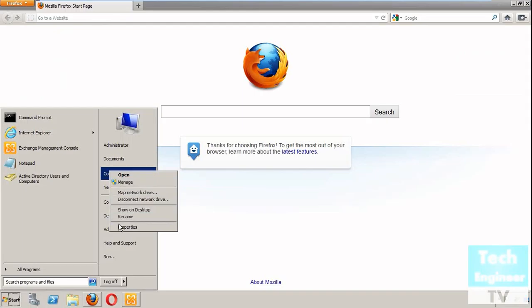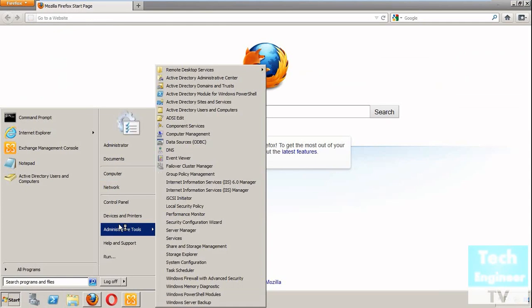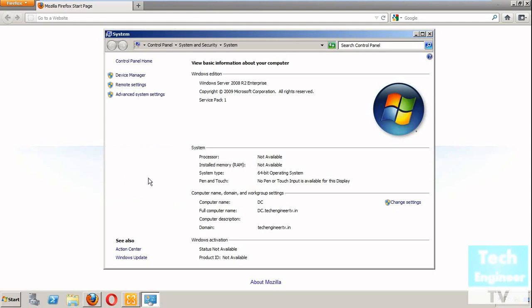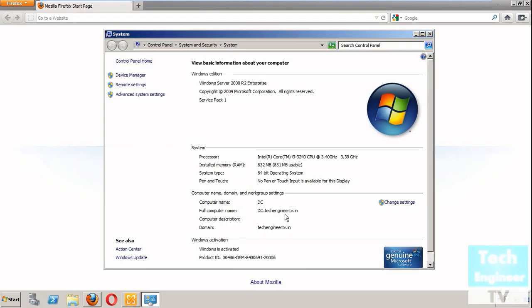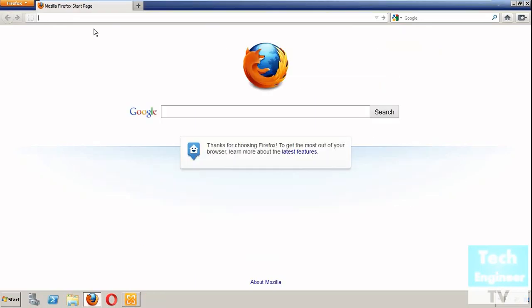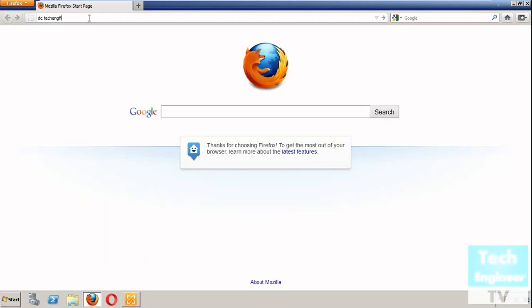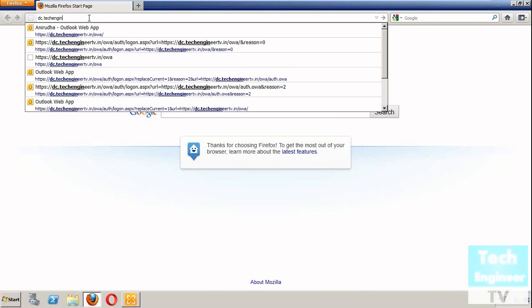For example, it goes to properties, and let me show the fully qualified domain name. Here it is, which is dc.techengineertv.in. In most of the cases, it would not be DC. It could be anything like www as well, or the Exchange server name. For example, if you write down that fully qualified domain name like that,